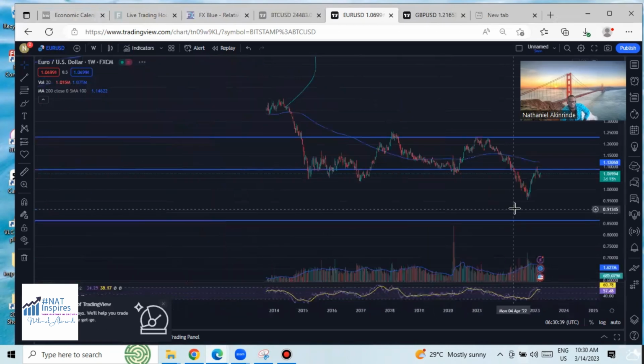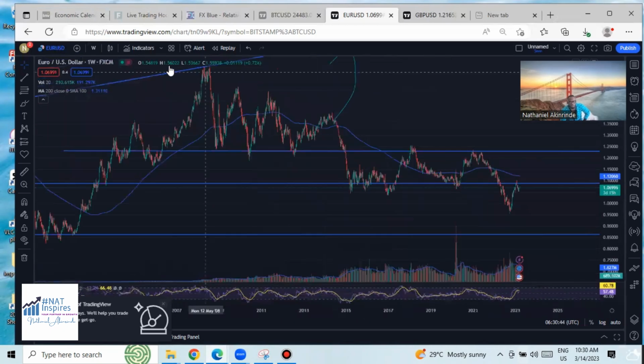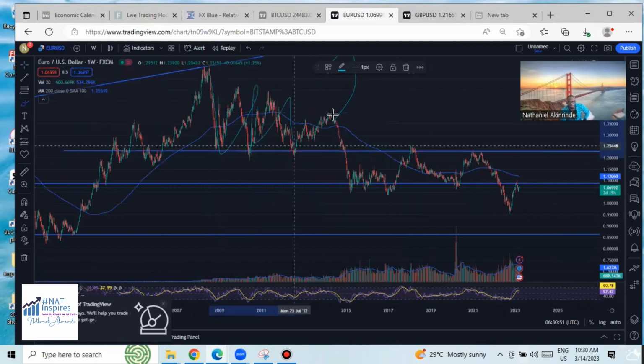Right now we are in a sell market on the weekly time frame. This is a huge enough retracement on the weekly. You can see the choppiness. We can see the choppiness that broke down,